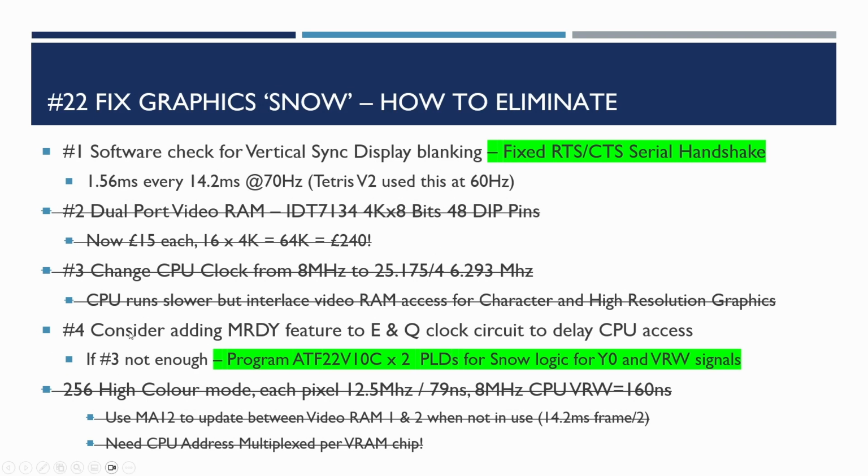So the next step really was looking at adding the CPU MRDY memory ready feature to the in clock signals, and that was something that when we looked at speeding up the Nanocomp to 8 MHz, there was a clock circuit that we had to use to generate the E and the Q clock signals at 8 MHz, and one of the optional bits of that was to add the ability to extend the E signal so that if you were accessing slower memory or peripherals, then it could slow down the memory access to give those peripherals time to